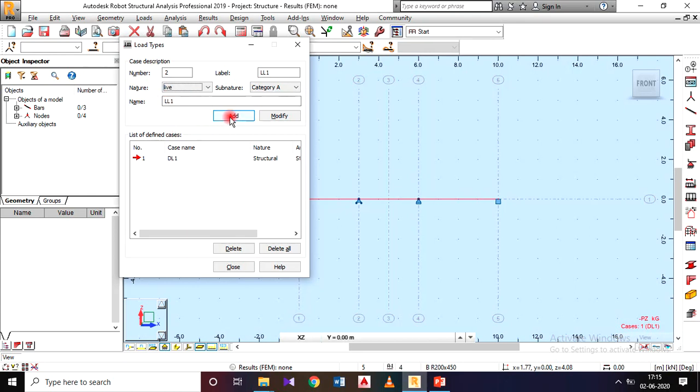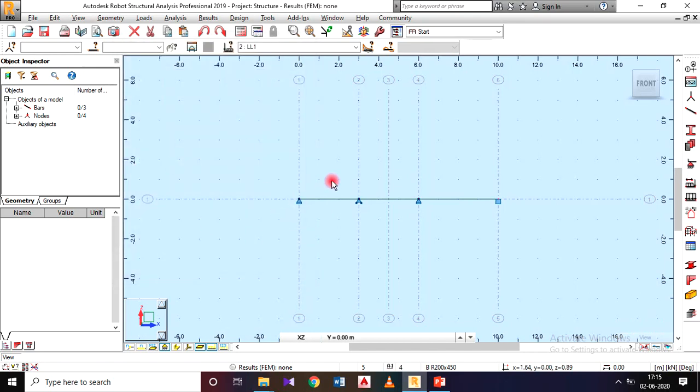It is second. Okay, I will add that one. Yeah, we got the live load that comes under category A. So these are the two loads I need to apply, but for our analysis we are not going to consider the dead load. We only specify the live load. So after adding the load types, go for close.